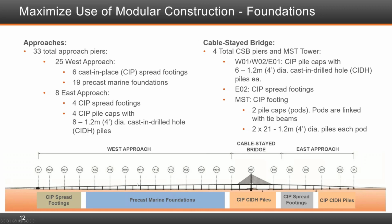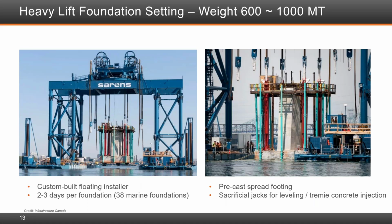The marine foundations, which in total comprise 38 of them, were all built using heavy lift foundation settings. The weight of each was about 1,000 metric tons. The riverbed is such that the soils underneath are weathered rock, and a few feet below that you get to competent rock. So most of these foundations are laid on footings which were cast on site in a controlled environment and later floated in using the Serens floating barges, and then brought into place and sunk down to an already dredged and prepared